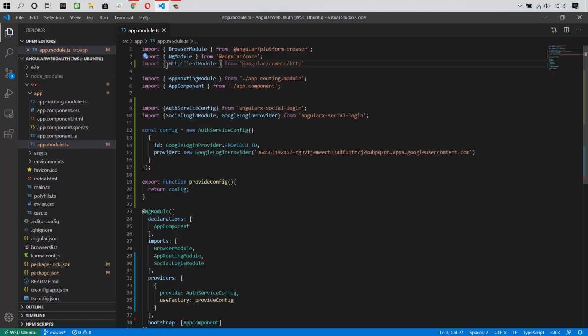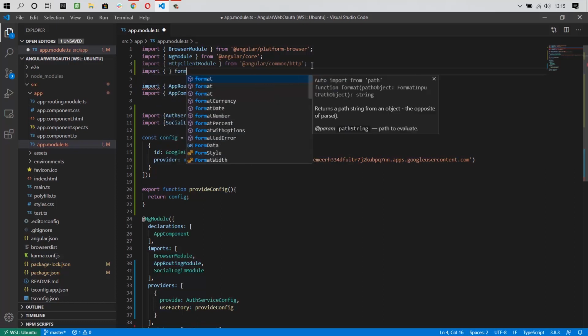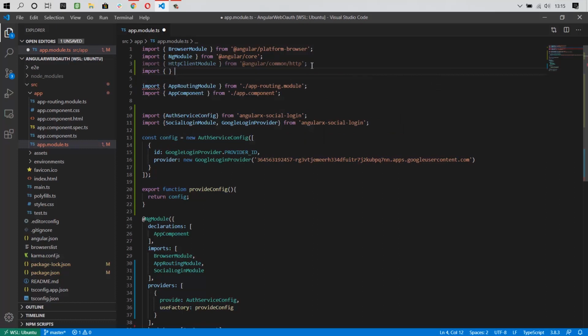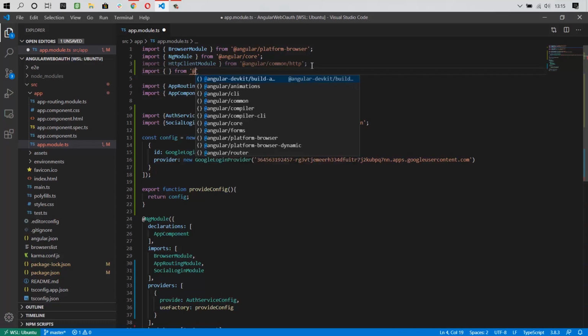And one more thing, we are going to use forms, right? So I am going to import FormsModule also. That is available in Angular forms.